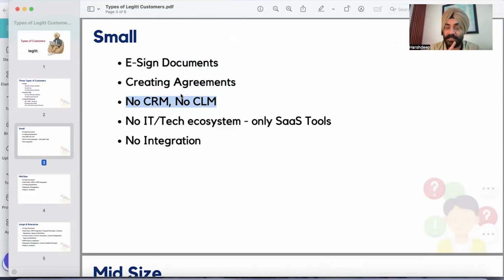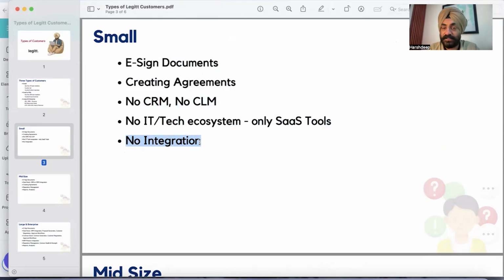So you can actually replace Adobe Sign or DocuSign, Monday CRM, HubSpot or any other CRM, and Google Drive or Dropbox, all three in one, with way better functionalities than all these applications have. Since there is no other ecosystem, these are the only tools that they use. All these tools now come in a single bundle of Legitt Lite. We do not require any integration among these tools because they are native to the application.